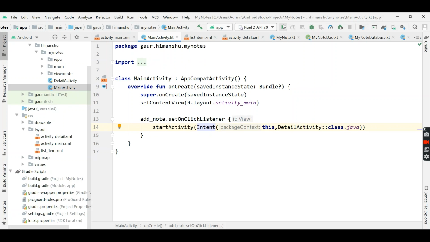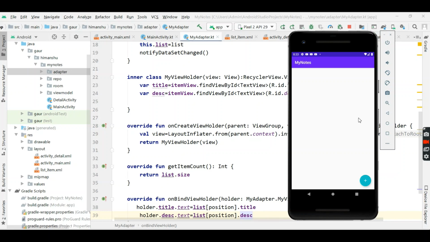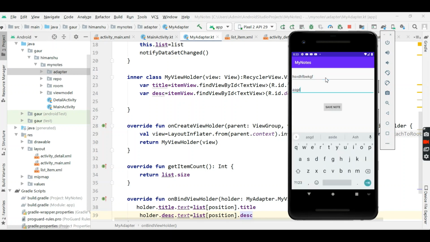Okay, now run our emulator. So you can see our application is running. So we have a floating action button, and on clicking this, we will go to our detail activity and pass some text, and click to save this note.